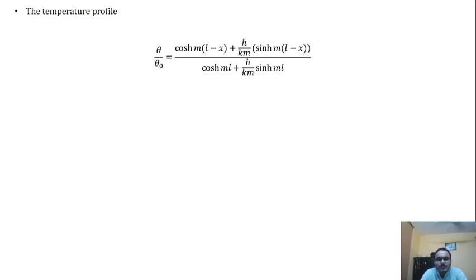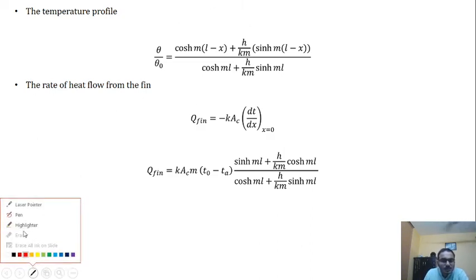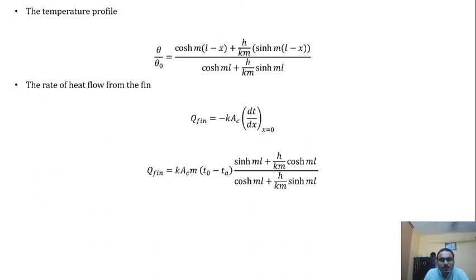So this is the temperature profile that we have obtained, and the heat flow rate can be given by this formula. Once you differentiate this, at x equal to 0, this term will not be there and this term will not be there at that time. The denominator is constant, and the differentiation of cosh ml will be sinh ml and m will come out, that is over here, and the differentiation of sinh ml will be cosh ml and the m is taken outside. I would suggest you to do this differentiation by yourself because majority of the things